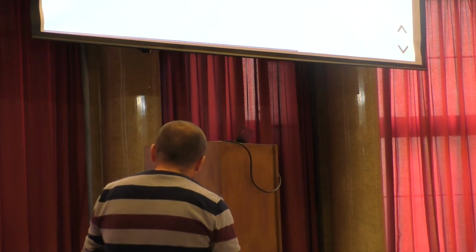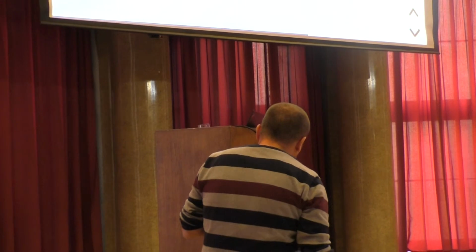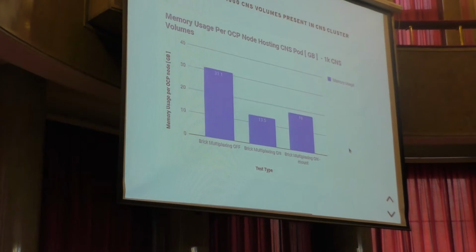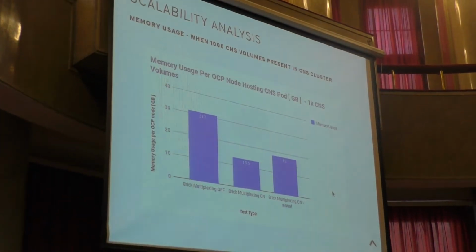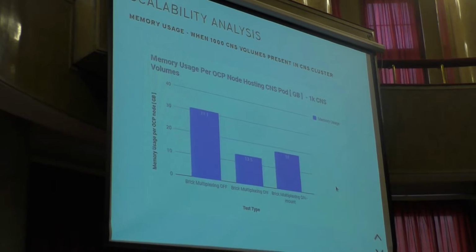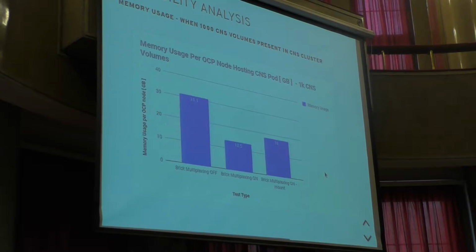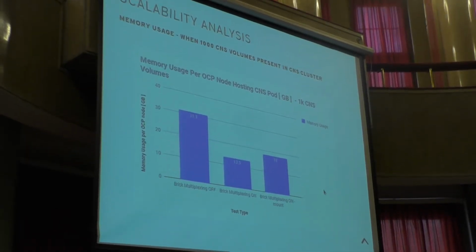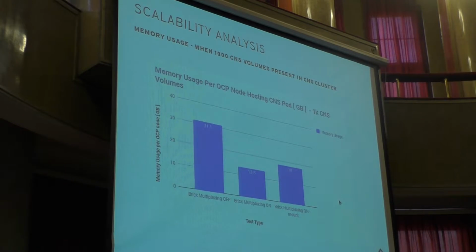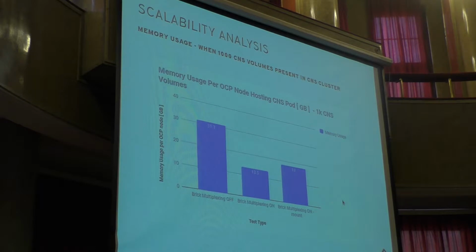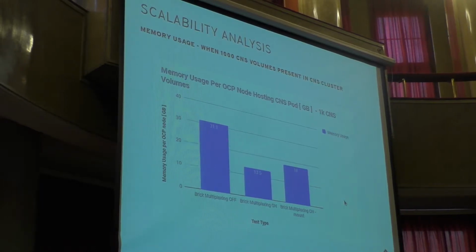So this is the first part, this is brick multiplexing. Prior to brick multiplexing, you can see on the first line, it says for 1,000 CNS volumes, or 1,000 Heketi volumes, it was consuming around 30 gigabytes of memory per OpenShift node. That means where the CNS pod was scheduled. When brick multiplexing is on, which is the case in the latest images and the latest code, the memory consumption is reduced,